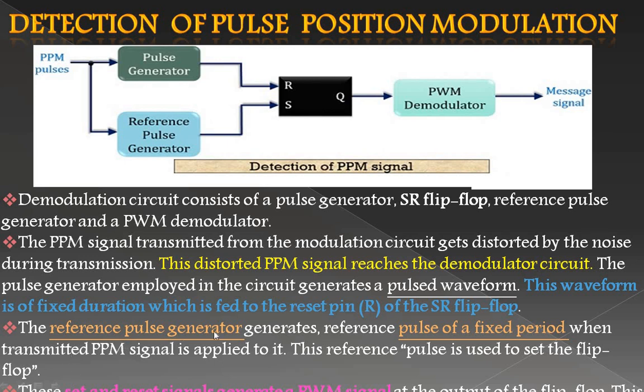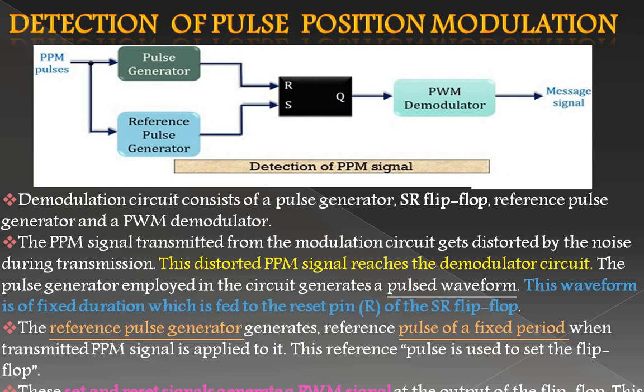Now this reference pulse generator generates a reference pulse of a fixed period. It is a fixed position you are having. Here we are having fixed duration, the width is constant, and the reference generator generates a reference pulse of fixed period when the transmitted PPM signal is applied to it. Here this reference pulse is used to set your flip-flop, and this set and reset signals will be generating your PWM signal,